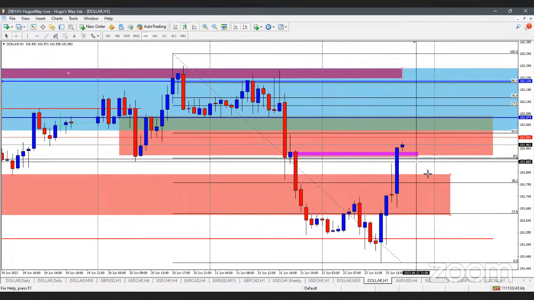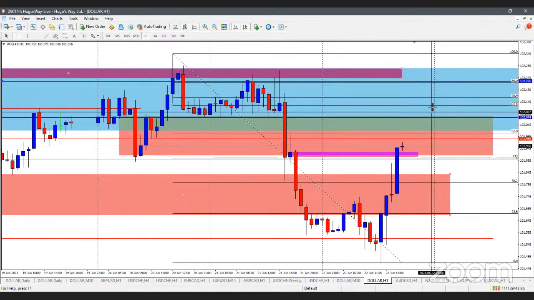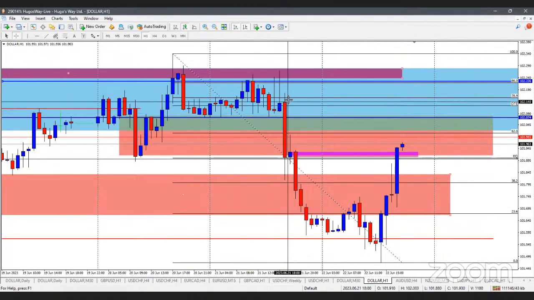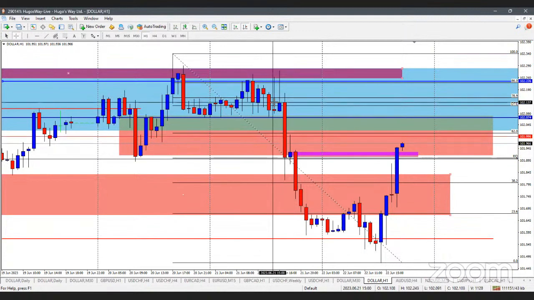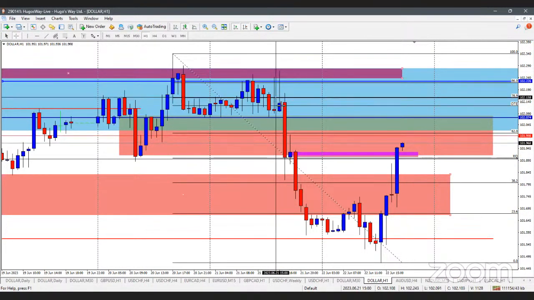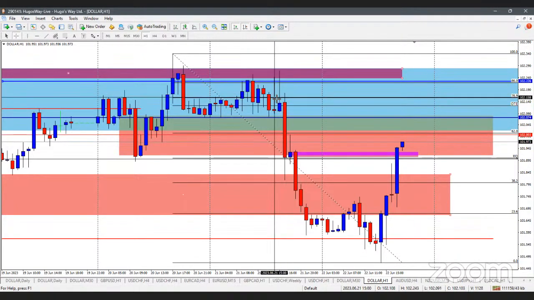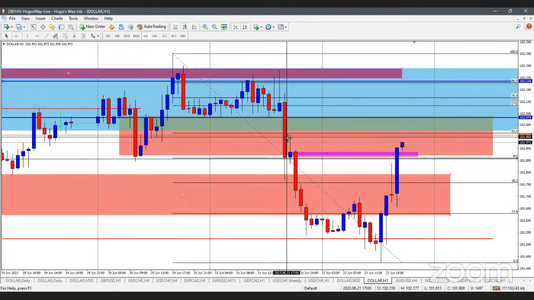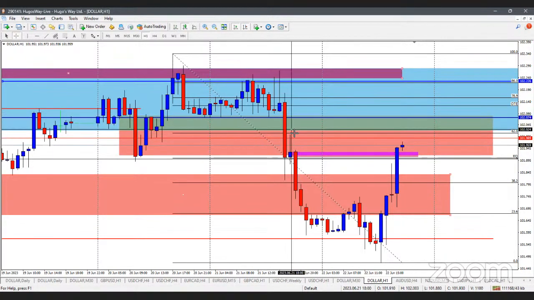So now that it's closed clearly above equilibrium, that means we're going back into discount pricing and we should see the market get to the next available supply zone area. So this liquidity void to the left, this is really the last one. These, I wouldn't consider to be liquidity voids because of the wicks surrounding the price areas near the body. This is definitely a liquidity void because of how the price is behaving. You know, we have a big range here.